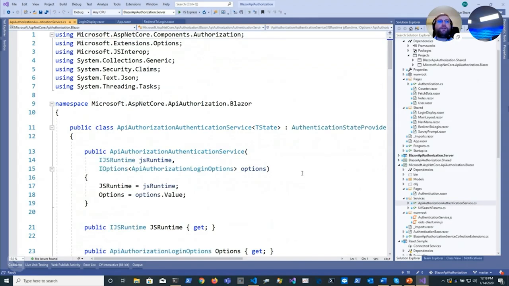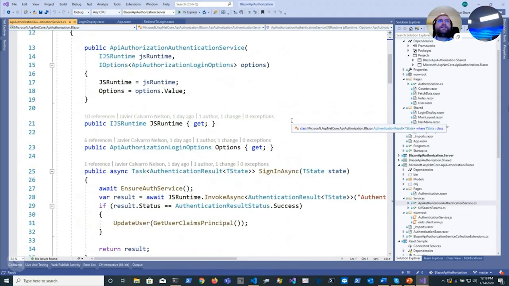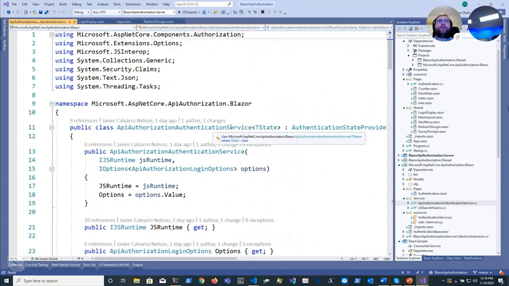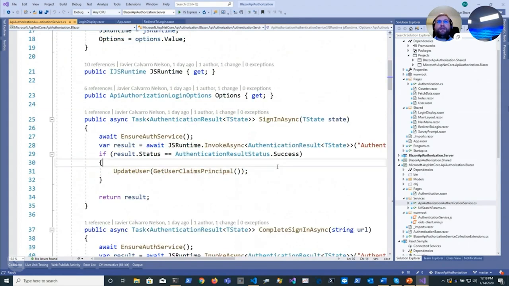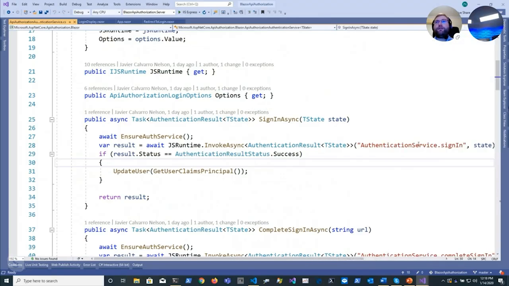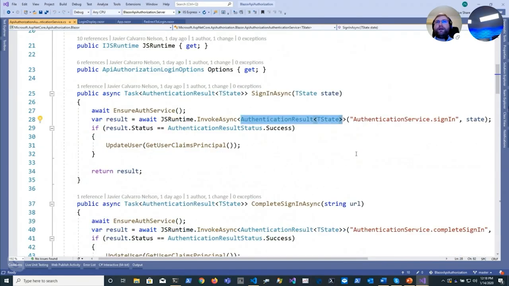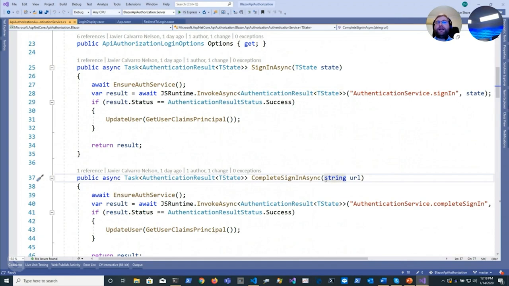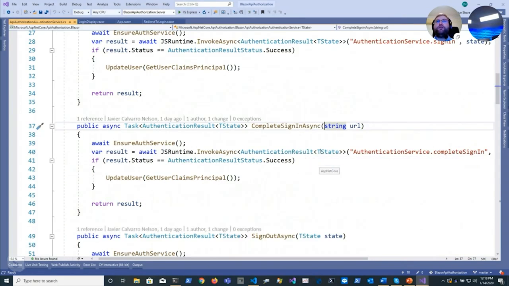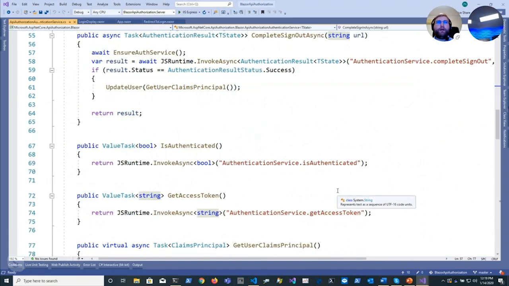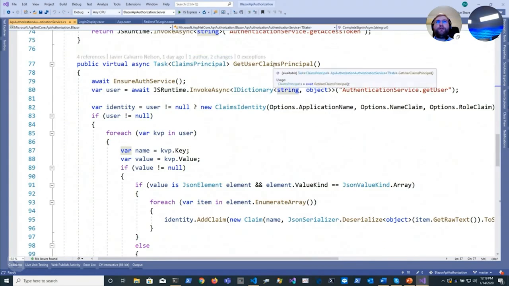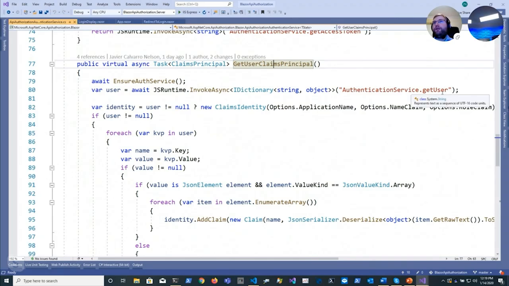So most of the implementation is here in this API authentication service that simply has a bunch of method calls to JS Interop, and you can see that I can be very smart or very complex. That is not that I don't have. I can write generics. I can use all those type of things. Then I have a method here that gets the claims principal, and all of this is piped through this authentication